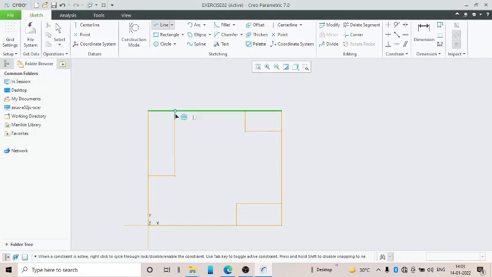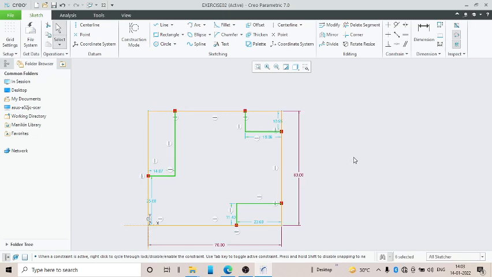Make sure that whenever some constraint is appearing, you have to see that. Now you can see that because this is not a closed sketch, the shading is not appearing here. Now how to trim the portion?